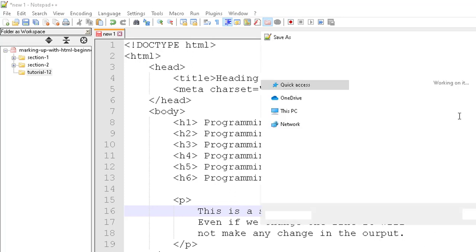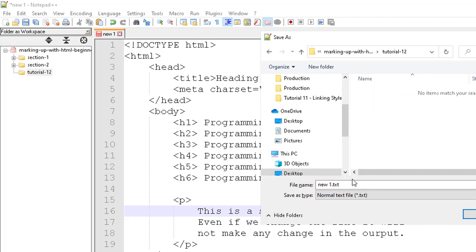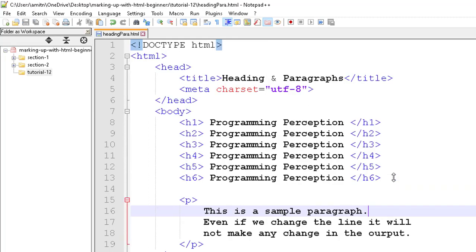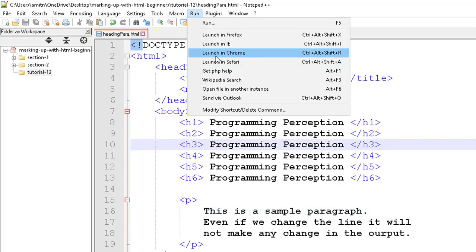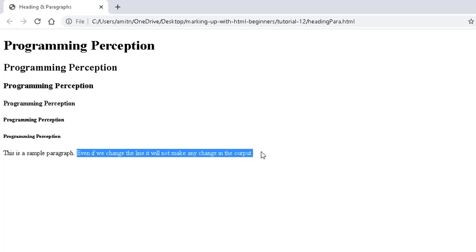So right now I'm saving this file. We'll go to the desktop, in the marking up with HTML tutorial 12, and I'm naming it headingpara.html. So here's our file, and now let's see the output. Let's go to run, launch in Chrome, and you can see these 6 heading ranges and this paragraph. Even though I have changed the line by writing down the code,